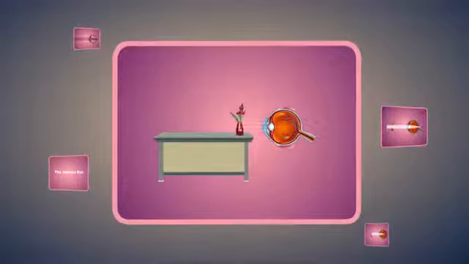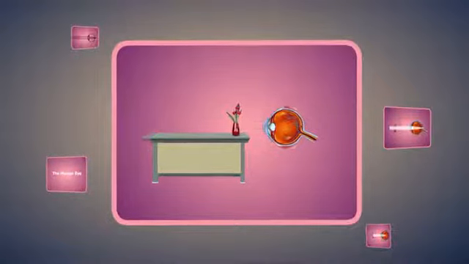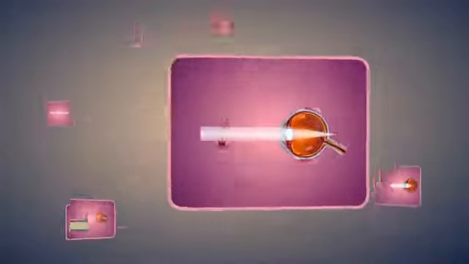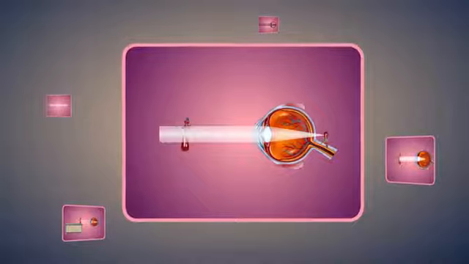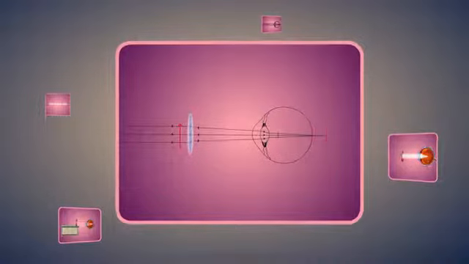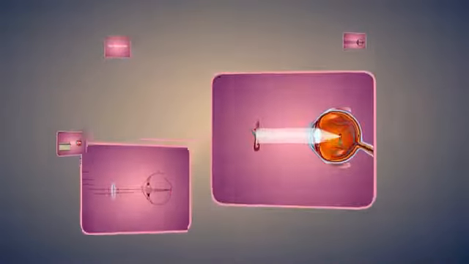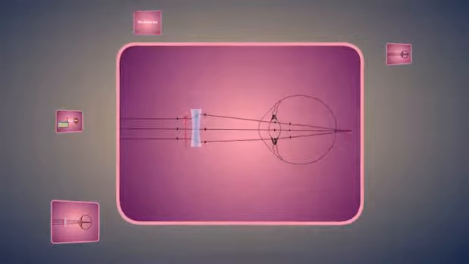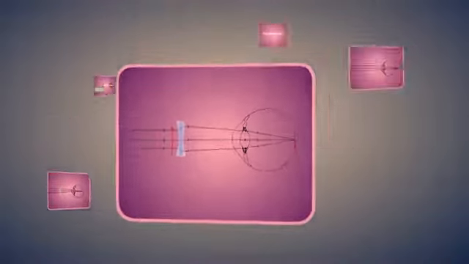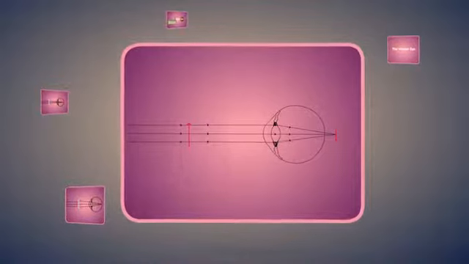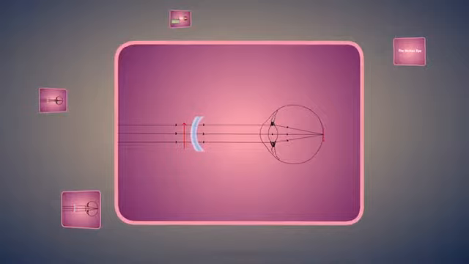Things to remember. The ability of the lens of the eye to see near and distant objects by adjusting its focal length is called the power of accommodation of the eye. In hypermetropia, nearby objects cannot be seen clearly. This can be corrected by using a convex lens of suitable focal length. In myopia, far-off objects cannot be seen clearly. This can be corrected by using concave lens. In presbyopia, both nearby and distant objects cannot be seen clearly. This can be corrected by using bifocal lens.